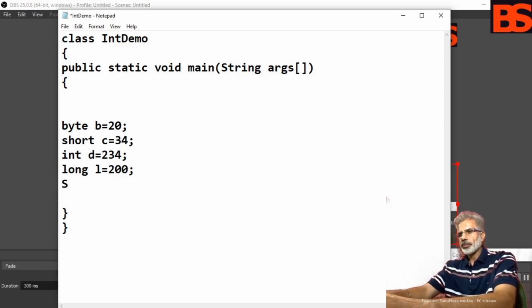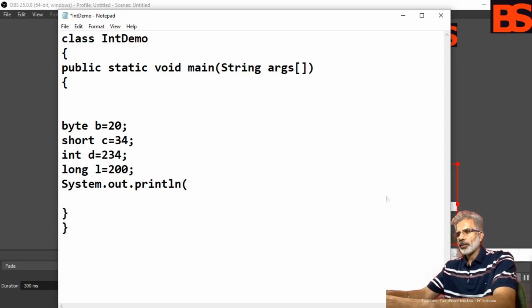So System.out.println, I have the output of, yeah, you can see the value of b is.